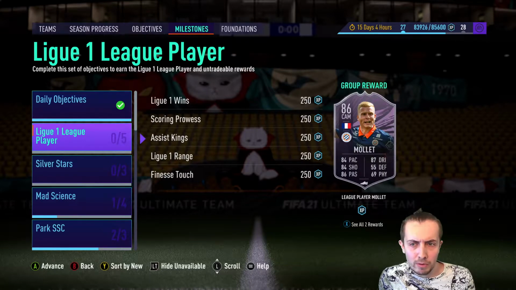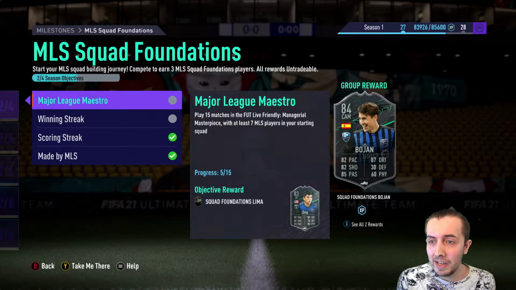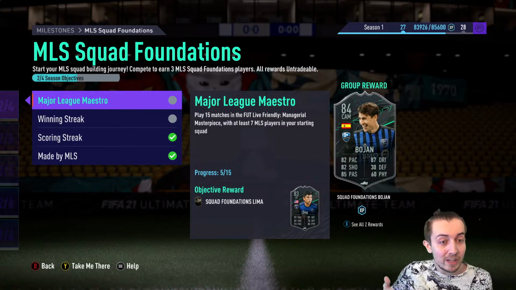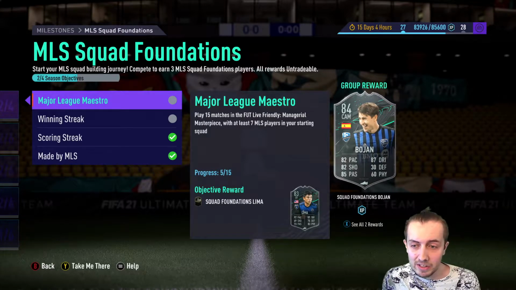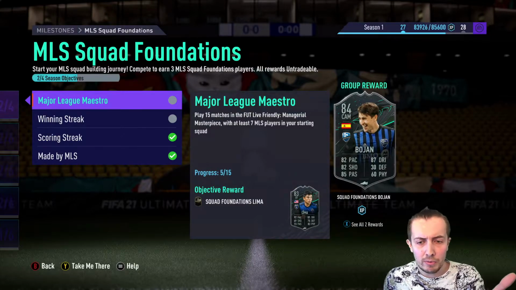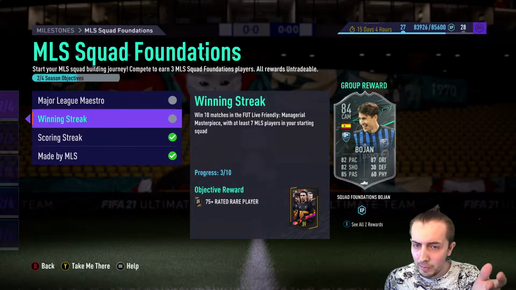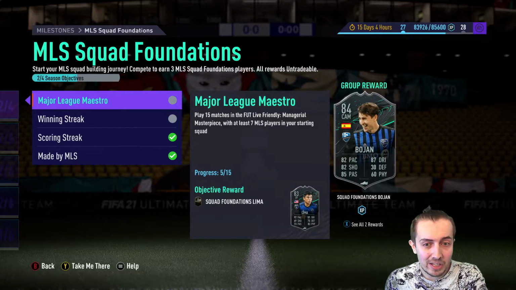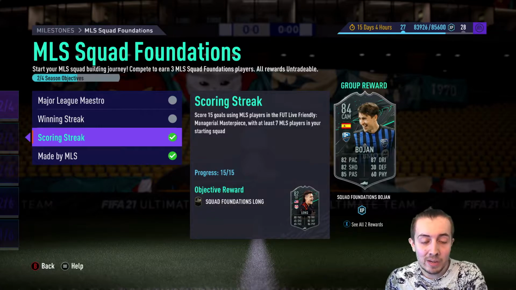But if we jump over to milestones, as you're probably fully aware, we do have the new MLS squad. Now you can obviously earn the 84 rated Bojan, which looks like a really nice card. But then you can also earn through the actual objectives. You've got 83 left back Lima, which you earn via playing 15 matches of the current friendly managerial masterpiece mode with at least MLS players in your starting squad, which isn't bad. You can also then earn the 82 centre back Long